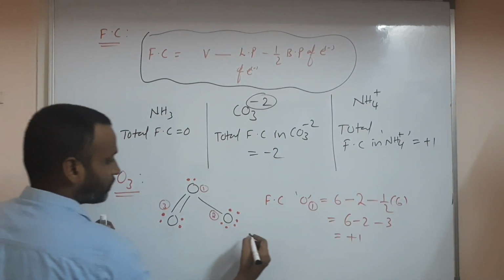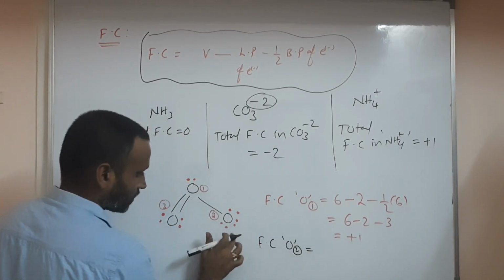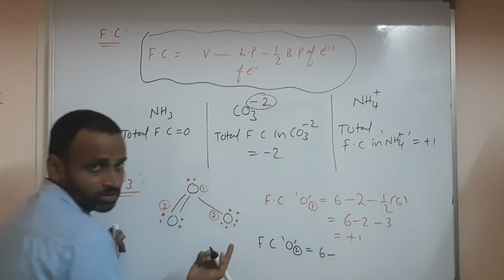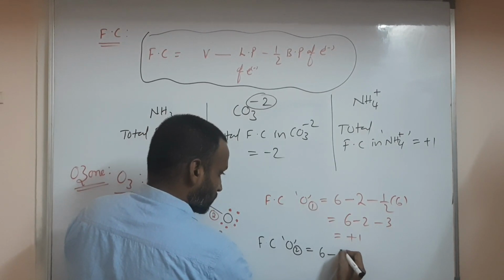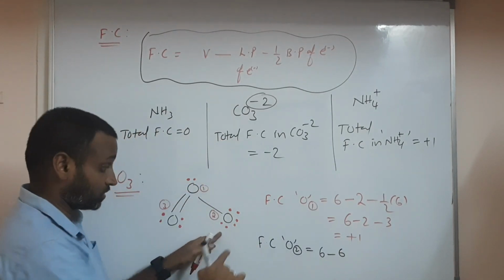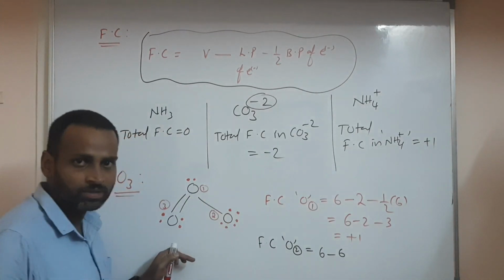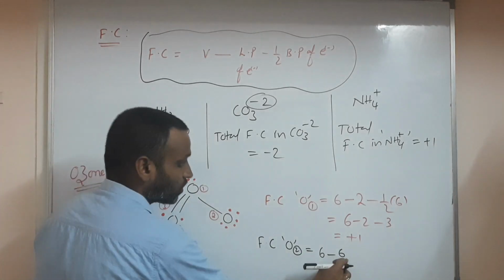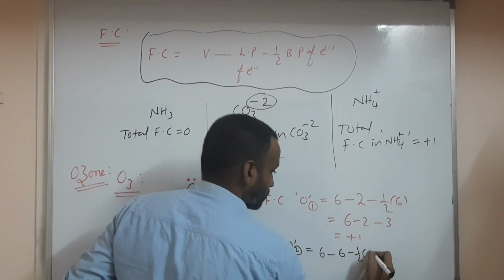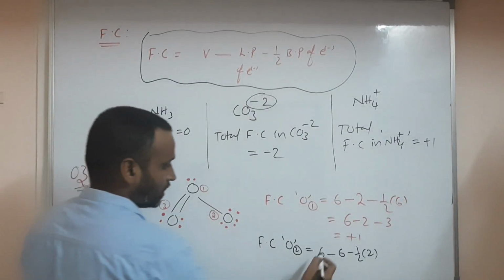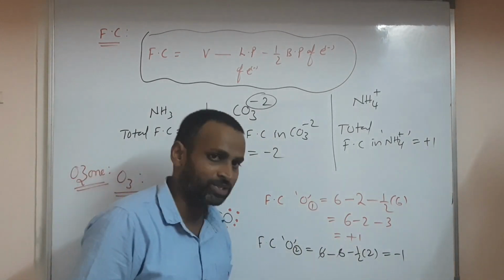Okay, like that. What is the formal charge of oxygen 2? Valence electrons of oxygen is 6, because oxygen is in group 6A. Lone pair electrons: lone pairs means 3, don't make a mistake. 1, 2, 3. 3 pairs means 6 electrons. Lone pair electrons minus half into bond pair electrons. So minus half into 2, because 1 bond means 2 electrons. So 6 minus 6 cancel, and it's minus 1. So the formal charge of this second oxygen is minus 1.